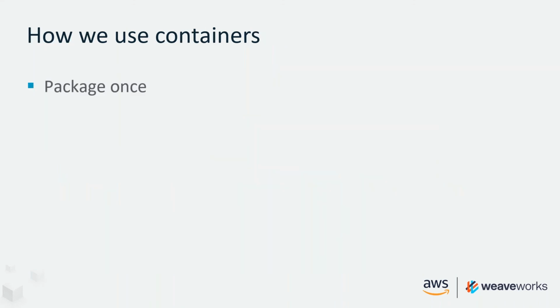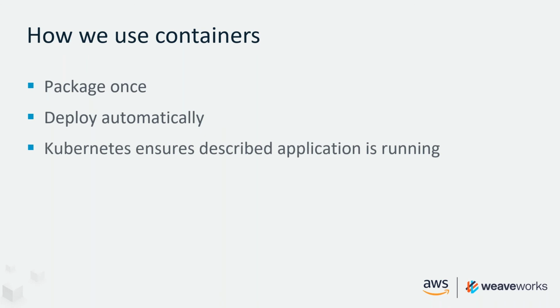So how are we using containers? We're using containers to package those services. Each of the applications is deployed using automation tooling we wrote, and indeed that's part of Weave Cloud, to a container orchestrator. That container orchestrator is Kubernetes. And Kubernetes is kind of a policy engine. We describe what we want to run, and it makes it happen. If something fails, it starts a new one.